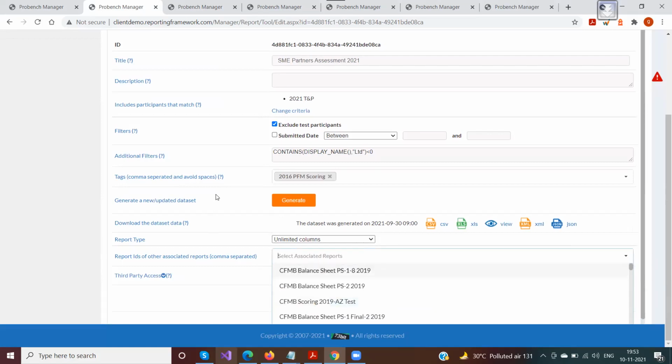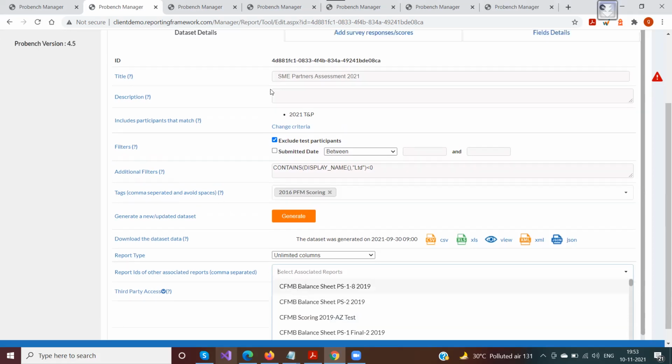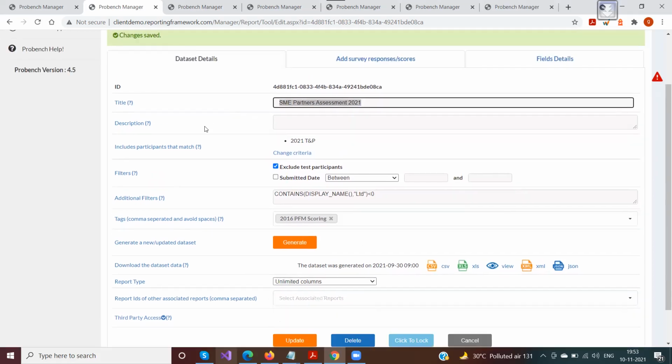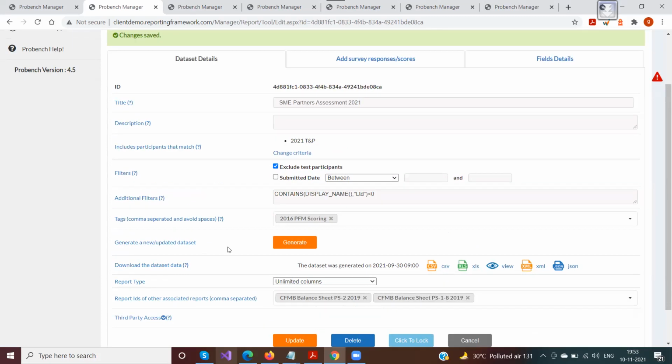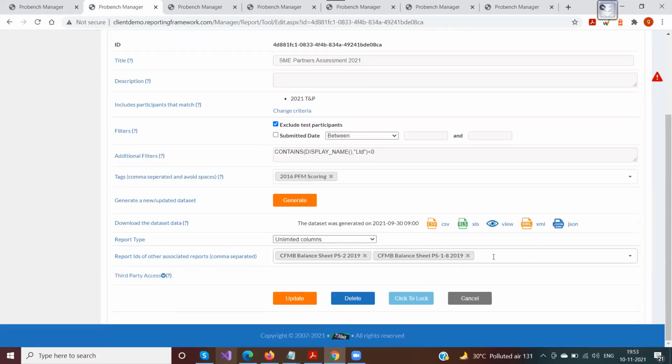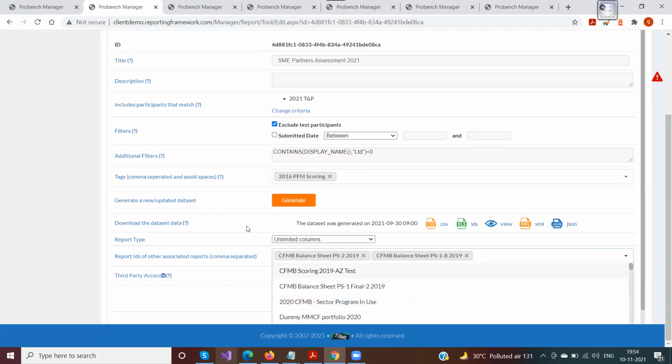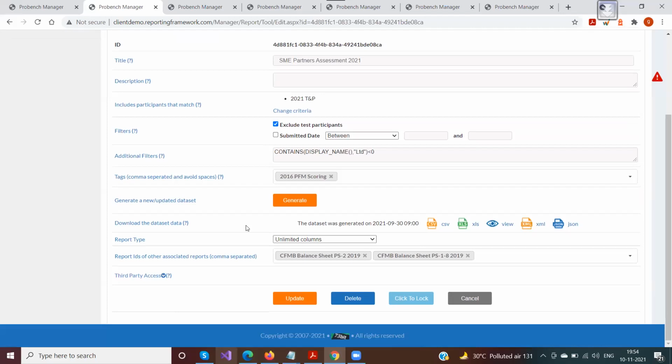Anything in this associated report would be automatically attached to this data set, and that would be used as data for the feedback reports. I'll go into more details when we actually speak about the feedback reports in our coming up sessions. Just for now, it's about the associated report. So here you can select whichever report you want to, and there can be multiple reports as well. There is no restriction to that, and you do not have to worry about the report IDs. The drop down is already there with all the data sets that are there in the system.